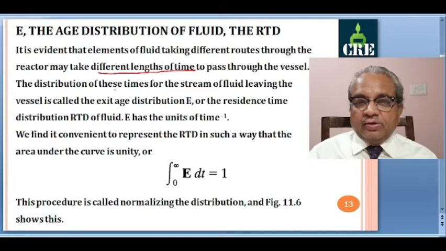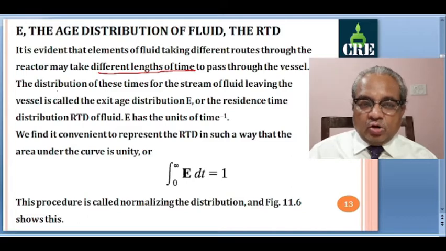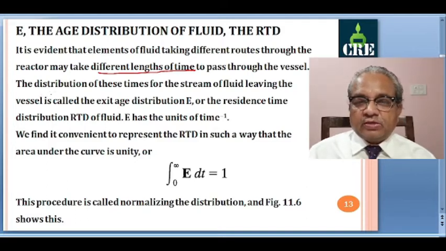So residence time means how much time they reside, they stay in the reactor. And there is a distribution of residence time, some percent will stay if tau, fixed by V over small v, volume by volumetric flow rate, is say 10 minutes. So there will be a distribution, say 10%, 15%, 5% like that. Let's say 10% will spend just 2 minutes, then another 20% 5 minutes, another 20% 7 minutes, and so on. So this distribution we have to model, and we can find out the exit age distribution with tracer techniques.